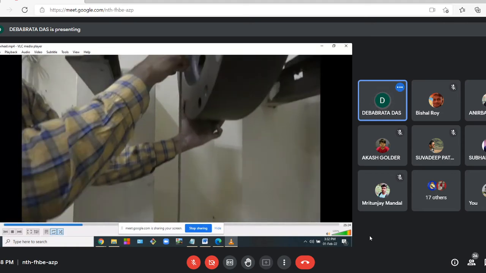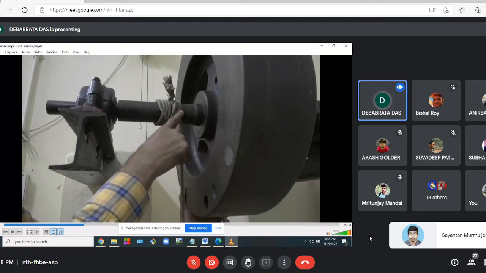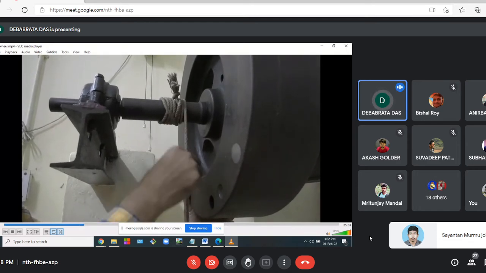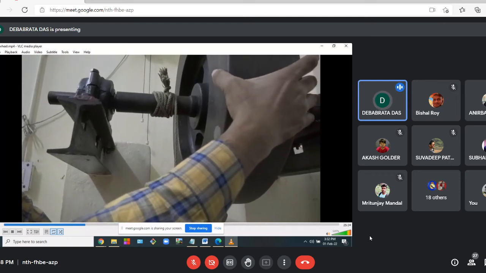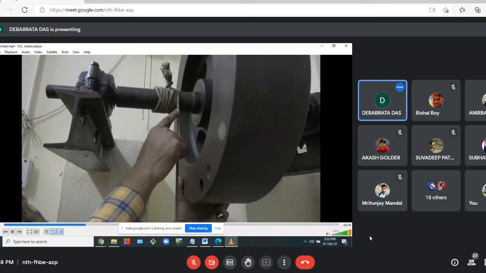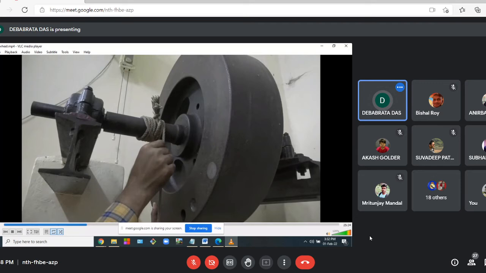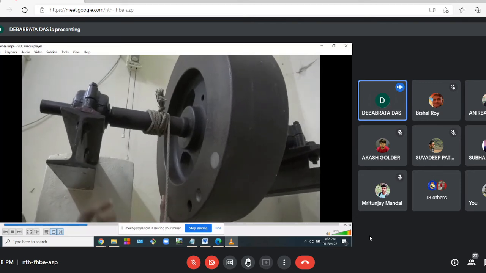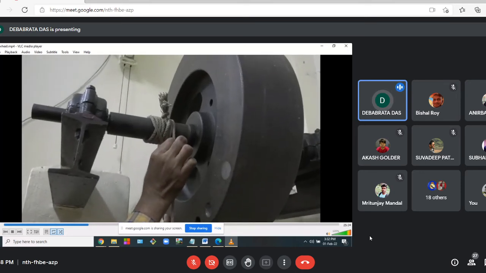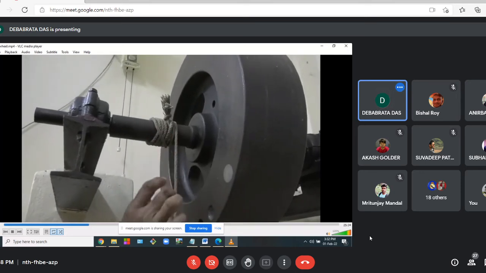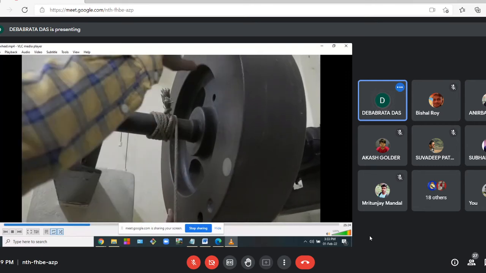Now see here, this tension is acting around the surface of this shaft. So what will happen? Now I am holding this system together so that it doesn't rotate. The moment I release, what will happen? This force or tension in the wire will provide a torque. What will be the amount of torque? This force times the radius of the shaft. While calculating that torque, we neglect the radius of the wire because that is small compared to the radius of the shaft. So once we release it, that wire tension will give a torque on the shaft, and it will start rotating.